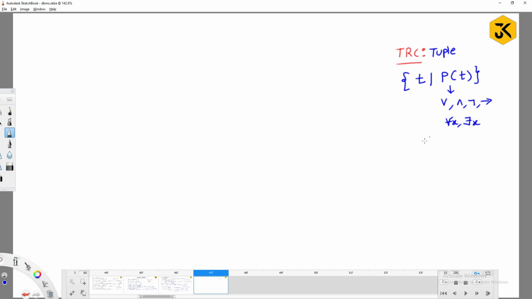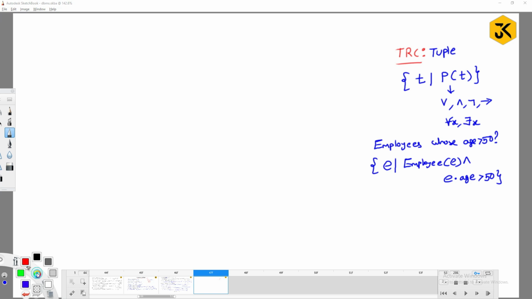And also we have seen how to write a tuple relational query for a single English sentence. For example, I want to find out the employees whose age is greater than 50. How are we going to write the query? Say there is a tuple called e, which I am expecting as output. This tuple compulsorily has to exist in the employee table, and it has to satisfy one more condition, that is e dot age should be greater than 50. This is the simple TRC query we are going to write.